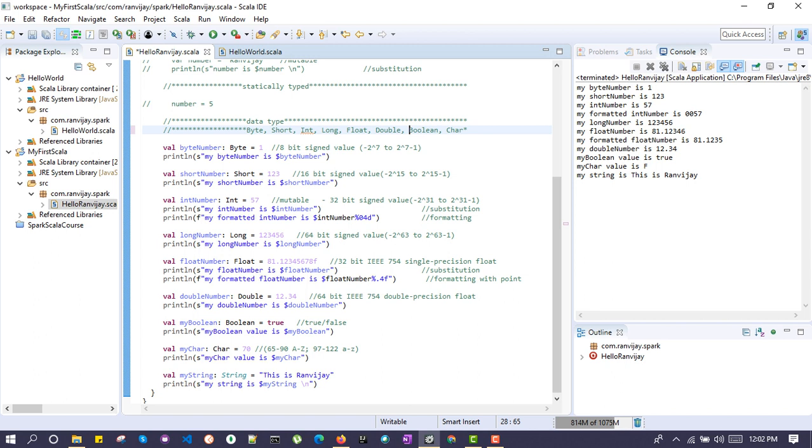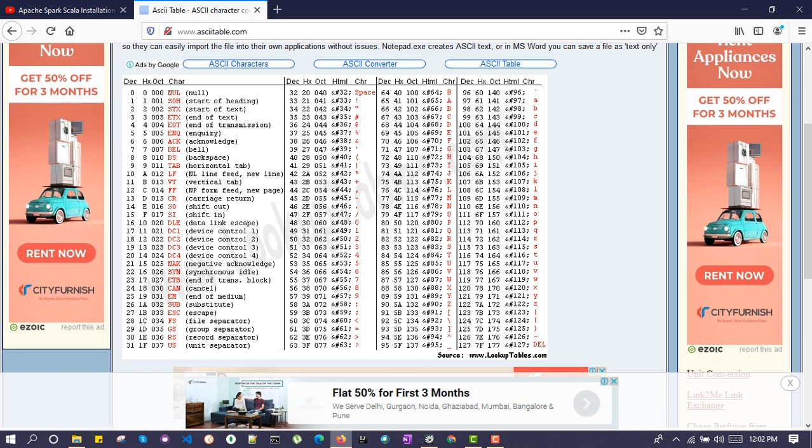It contains only two types of data. Then comes character. If you want to get any specific character, refer to the ASCII table. For a space, 32 is assigned, and similarly many character values have been assigned over here.